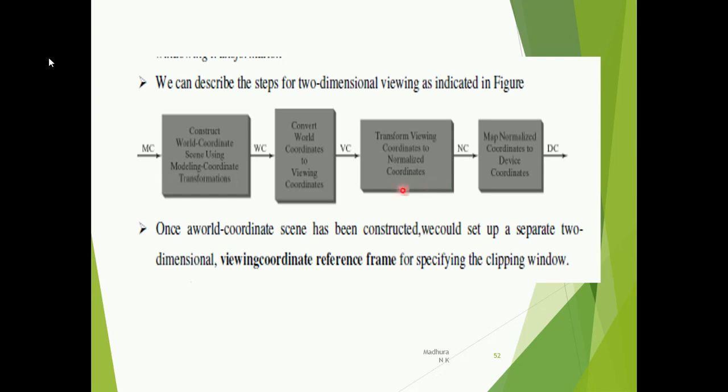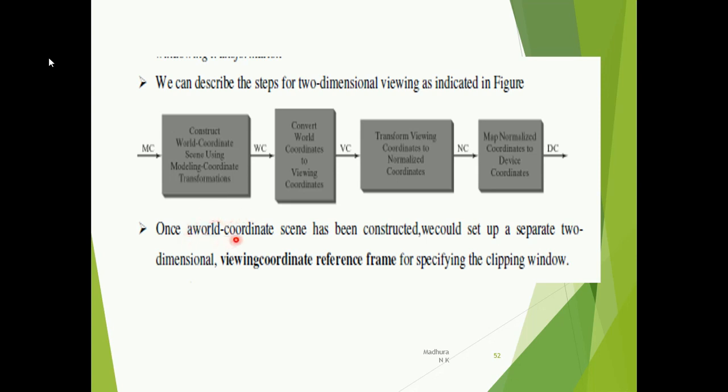These normalized coordinates are given as input to the next activity, that is you have to map normalized coordinates to device coordinates. The final output will be in the form of device coordinates. So this is our viewing transformation pipeline. Whenever in the exam they ask you to draw the two-dimensional viewing transformation pipeline, you have to draw this figure and explain the actions.